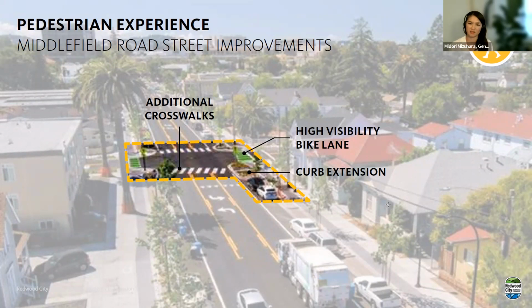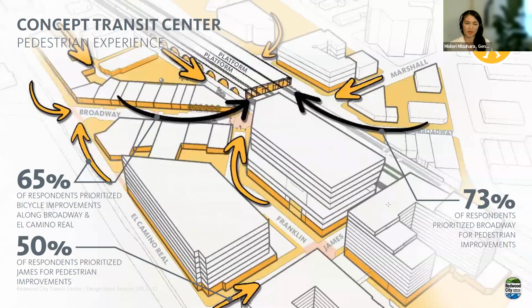Those are some of the tactics that we're really excited about, and we're excited to hear that we're a priority for you. Another question that we asked in the survey, and we heard a great response from, was, what streets are priorities for you? So 73% of you said you really prioritize Broadway for pedestrian improvements over here on the right. 65% of you said improvements for bicyclists along Broadway and El Camino Real was a high priority. 50% prioritized James for